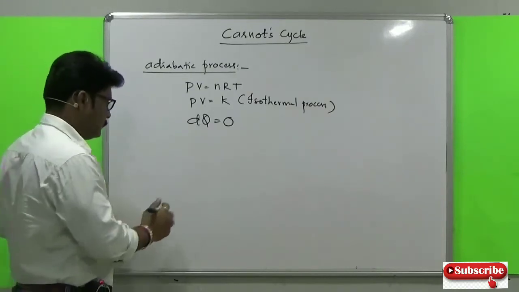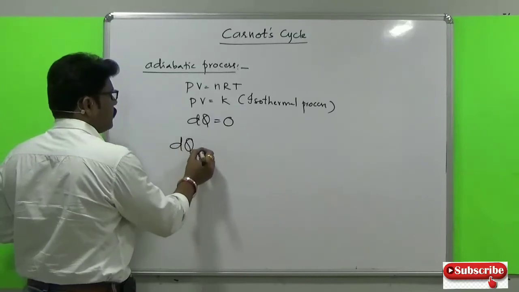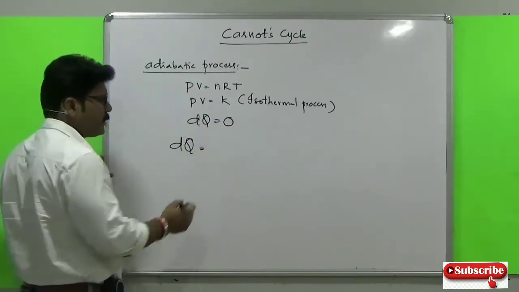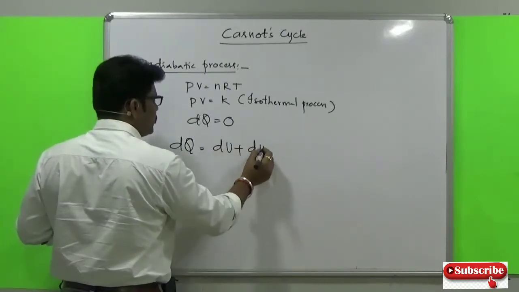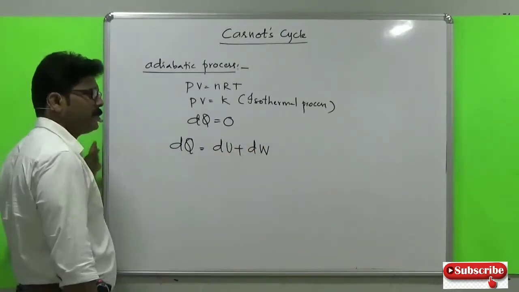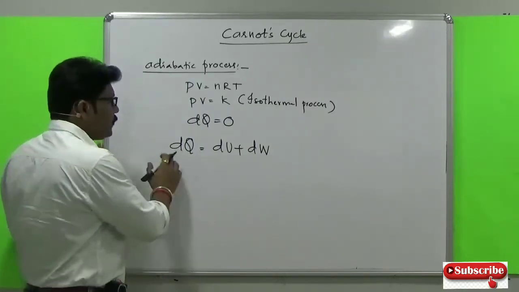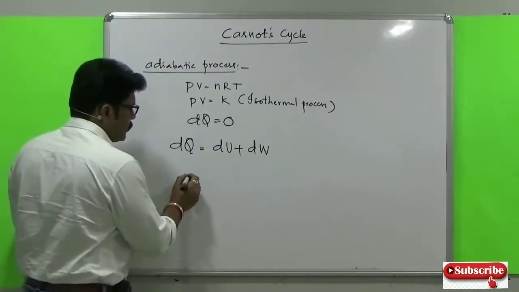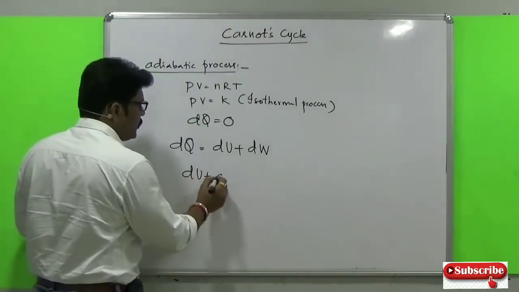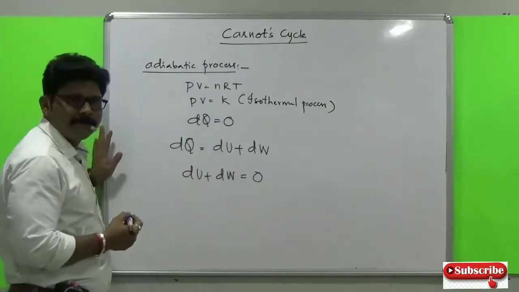First, we'll take the first law of thermodynamics: dq is equal to du plus dw. Now dq is nothing but 0. So du plus dw equal to 0. एक तो आया।